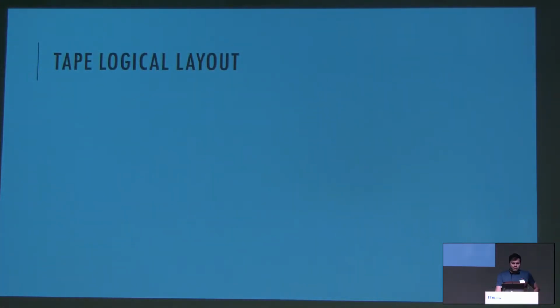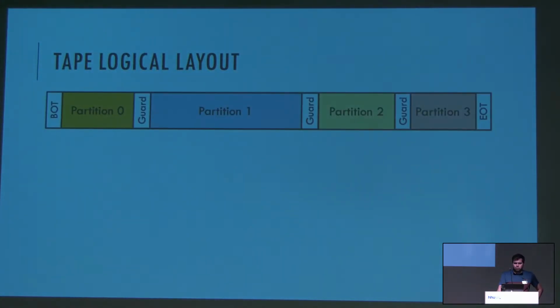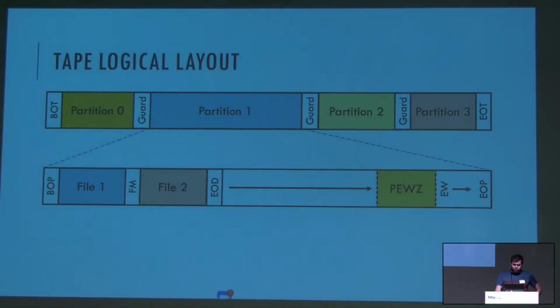So how is data on a tape logically placed? Tape, as I said, is a sequential media, so we have a beginning, the BOT, the beginning of tape, then we have a few partitions, separated by guards, and an end of tape at the end. Each partition again has a marker called BOP, the beginning of partition, then a couple of files which are separated by file marks, FM here, and then in the end we have something called an early warning, EW, or